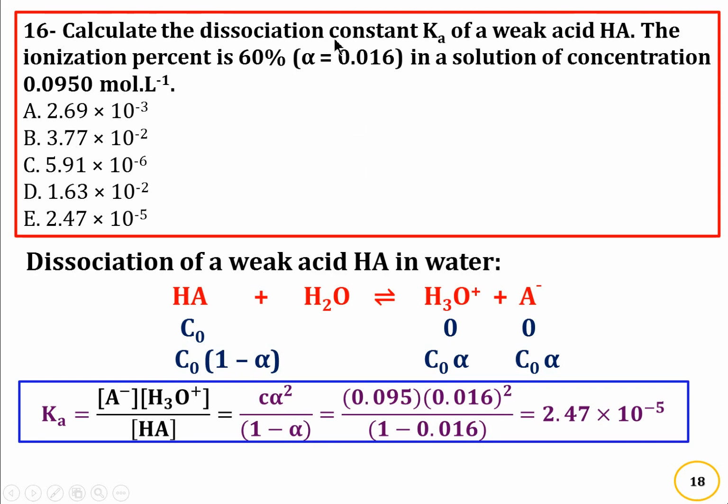We put the value of alpha 0.016 and the concentration equal 0.095 divided by 1 minus 0.016, so it's equal to 2.47 10 minus 5. So the correct answer is E. To note that the dissociation of this weak acid is 60%, and alpha